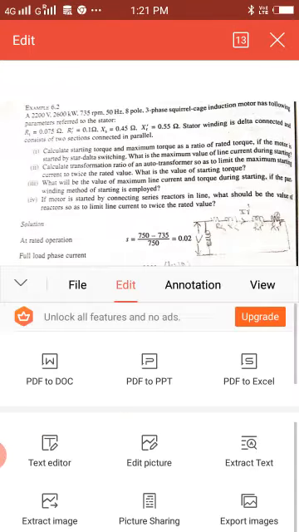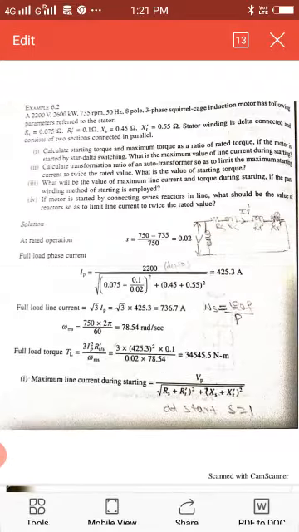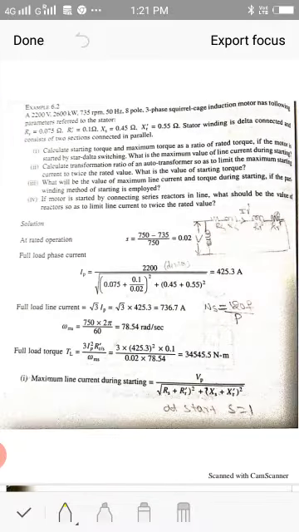Okay, so Rs is given. Rs is the stator resistance, equal to 0.075. Rr dash, that is the rotor resistance referred to the stator side, is 0.1 ohm. Xs is given, equal to 0.45 ohm, and Xr dash is equal to 0.55 ohm. The stator winding is delta connected and it consists of two sections connected in parallel.